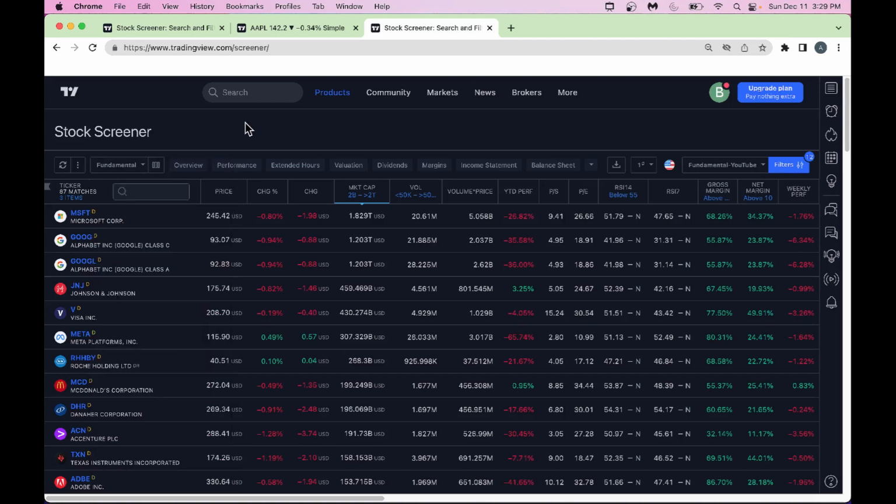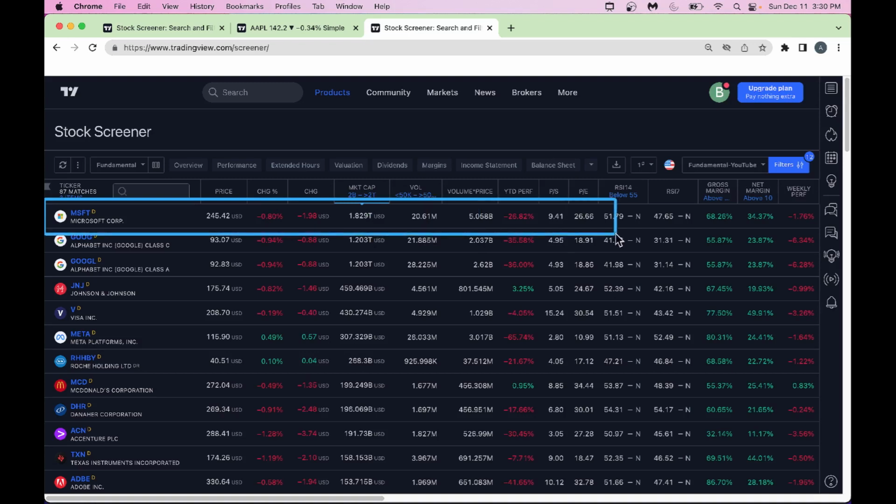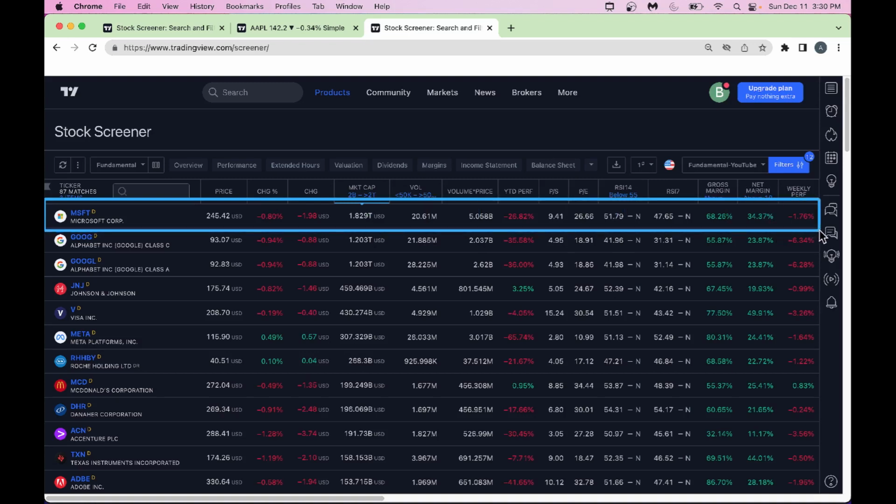All right, look, you might now wonder, hey, why is there no Apple? One of the reasons Apple is not there, as many of you know, is that it has got a lot of debt in its balance sheet. Its debt to equity ratio is a little bit high. That's why Apple is not showing up here. If you want to see Apple, you've got to reduce your current ratio and debt to equity filters,